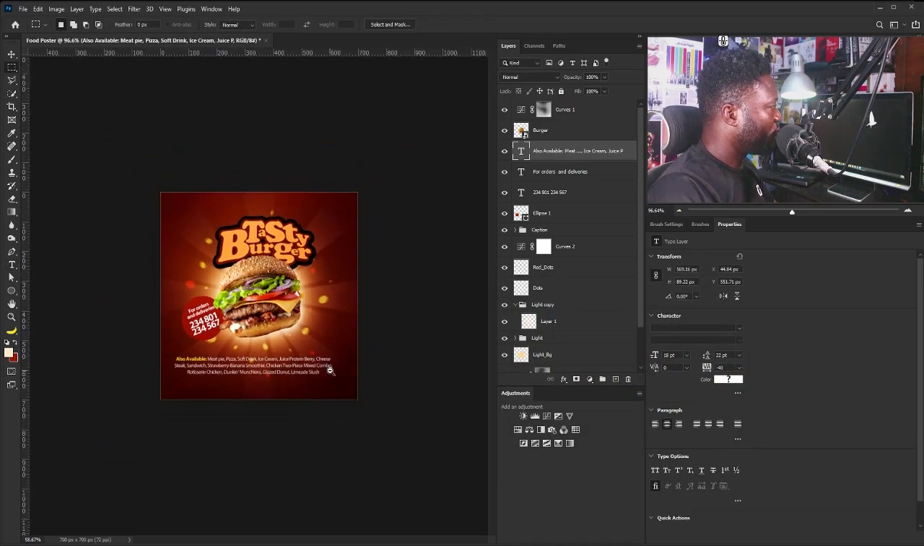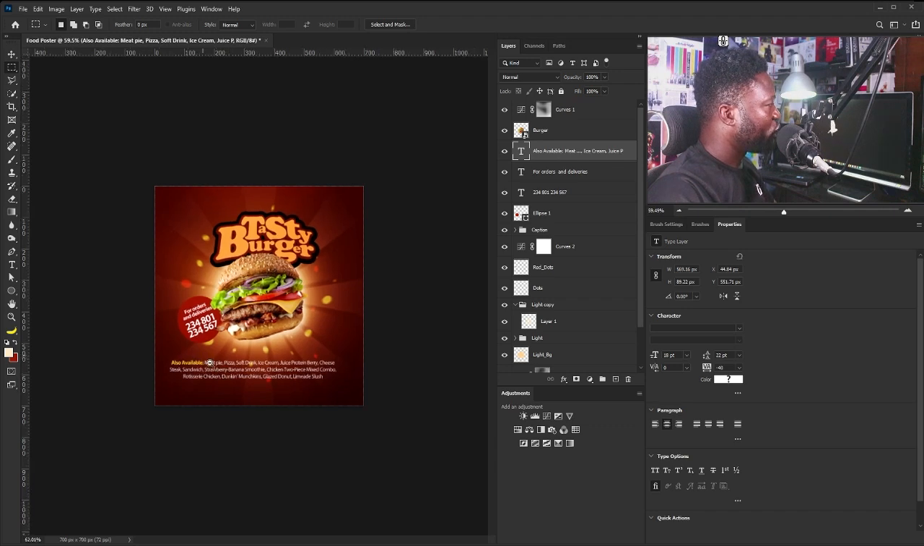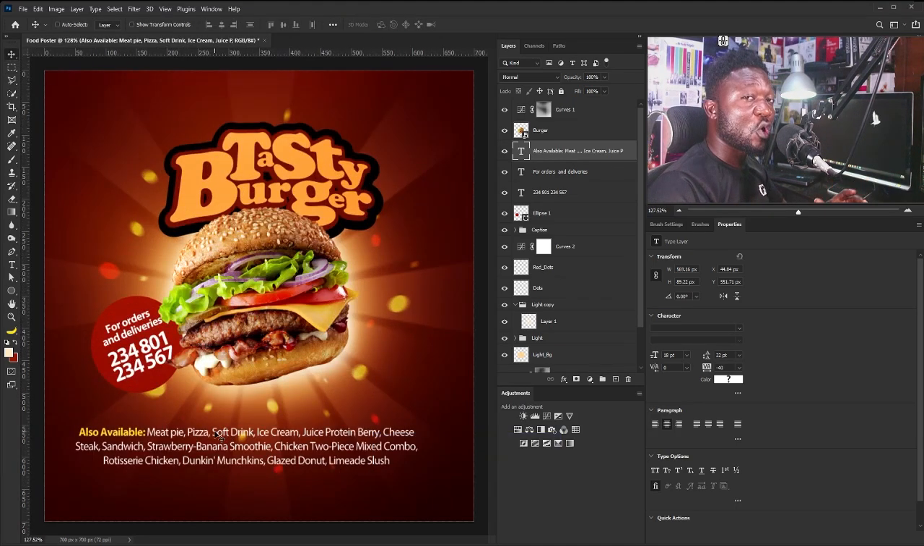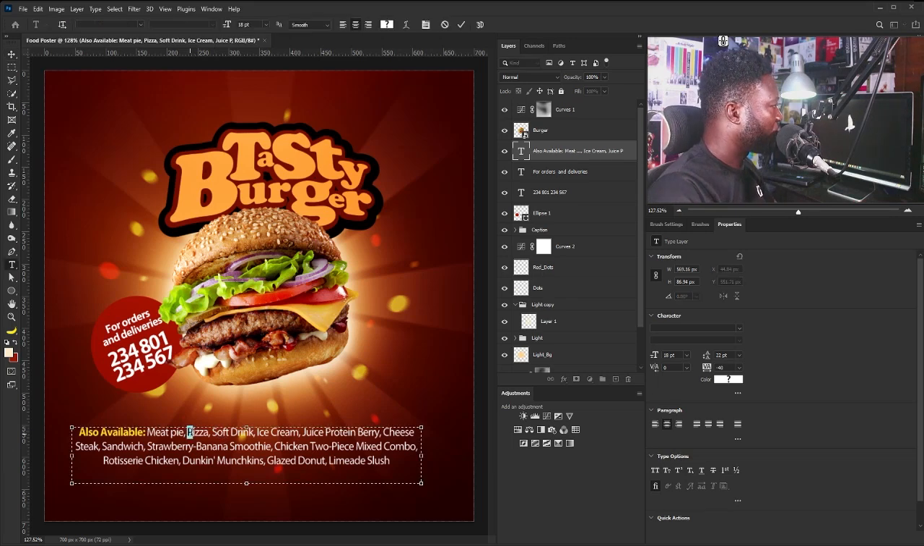If I zoom out, you'll notice that people will find it difficult to know if the items are different. So I need to find a way to help my readers understand that they are different items. So I'm going to zoom in and I'm going to use color to separate them. I'll go to the Caesar,